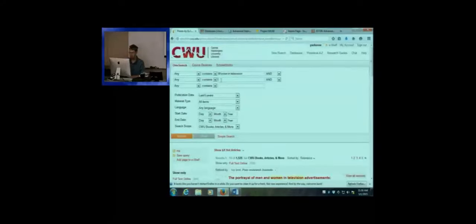But one more thing I want to talk about here before we move on to our next database is this feature here. So when you're looking at women in television and you still have like 1,500 different results, you want to start looking at narrowing it down. So leaving this in constant will narrow the results down because it looks for women in television and another instance that I'm going to think of. So for example, let's go with Nike, and we'll see how that works. I click search,